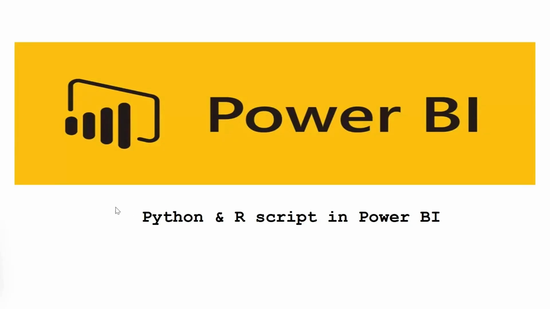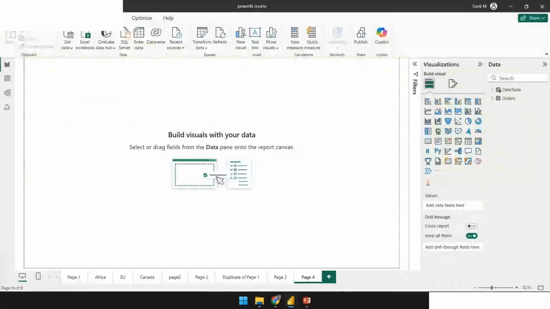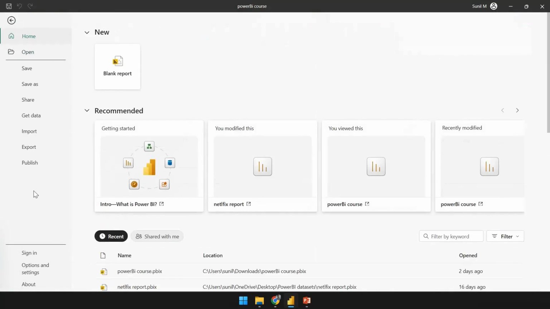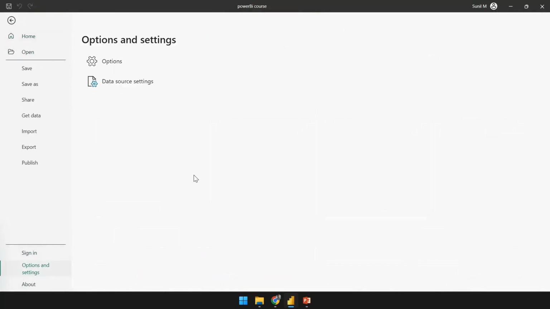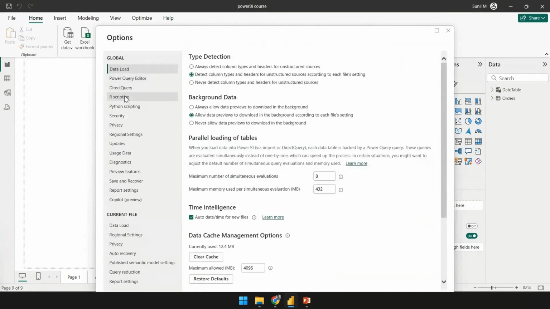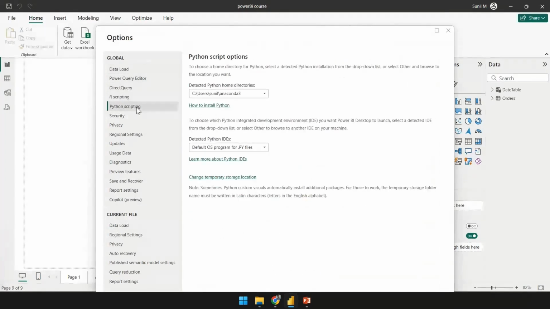Hello everyone. In this session, we will talk about how you can install the Python and R script in Power BI and integrate it. So we are on our Power BI screen, and from here we have to go to the File option, and then go to Options and settings, and then to Options. After it opens up, you will find the R script option over here and the Python script option